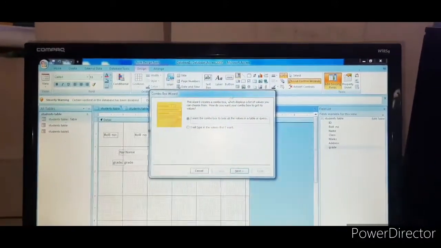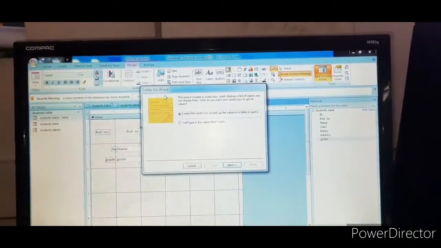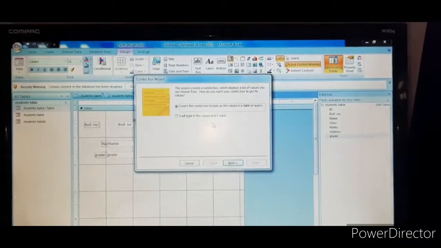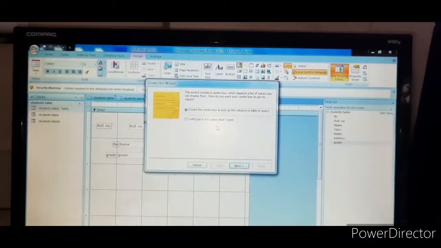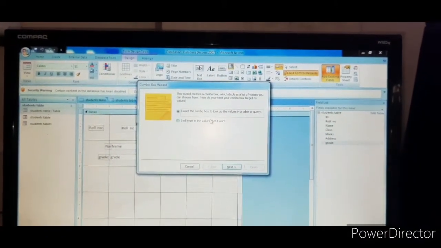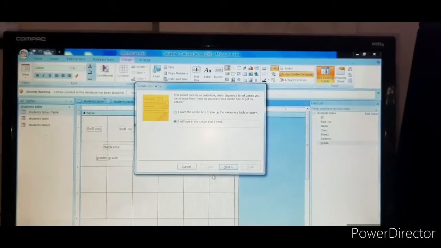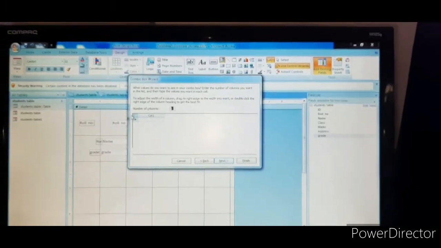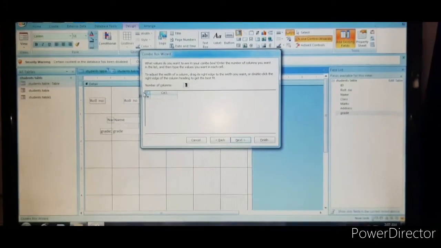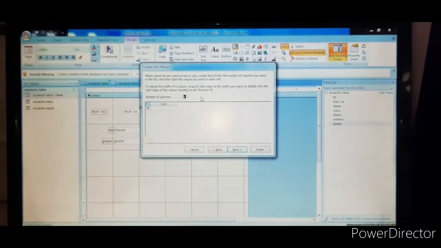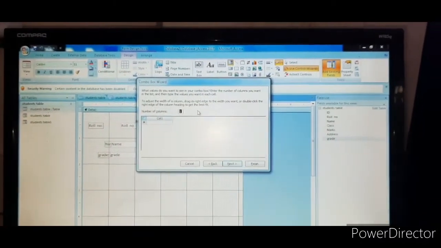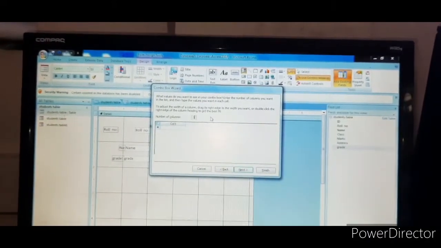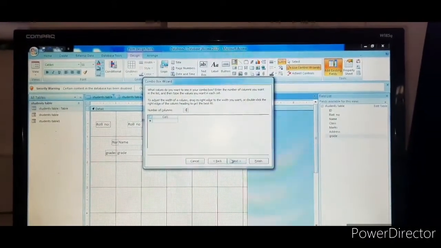See like this. If you click and hold it, you will get the combo box wizard. Okay, I will type the values that I want. In that, if you want to type your own values, you just select this one. Okay, then just click on next. Here it will ask the number of columns. How many columns you want, you just click here. Here one column only, by default it is one column. See that cursor children, I want 3 columns. So I am just typing 3 and then click here, next.